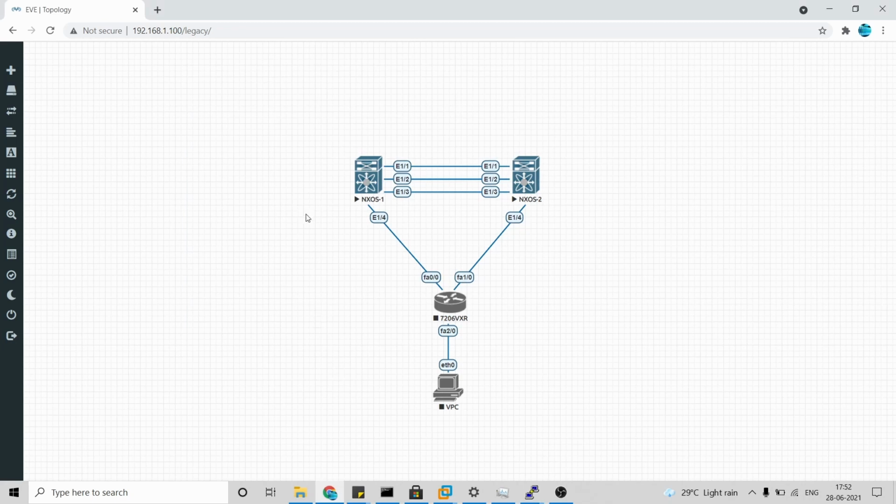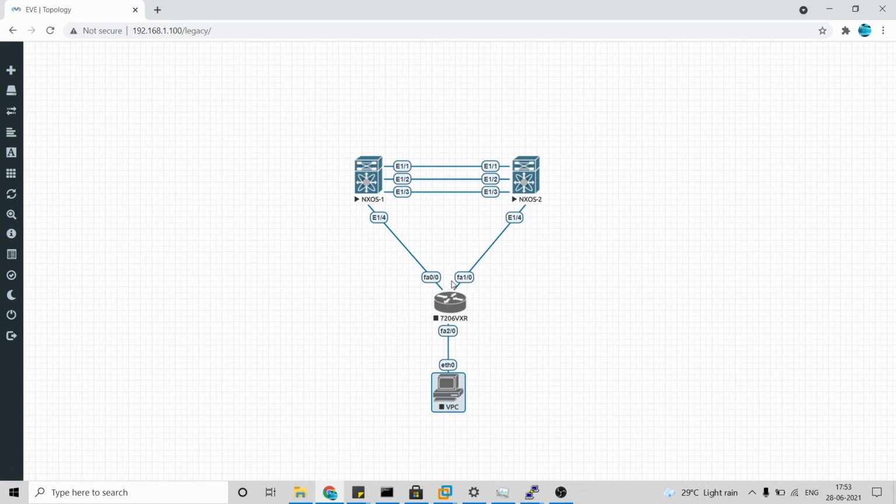So again, I'll just show you what this is. VLAN 10 is nothing but, let's say there's a server. We will just consider this VPC as a server. So here FA2/0 will be an access port of VLAN 10. The traffic from the VPC comes here and hits this device. We'll again be configuring a port channel between FA0/0 and 1/0 and having the VLAN there.